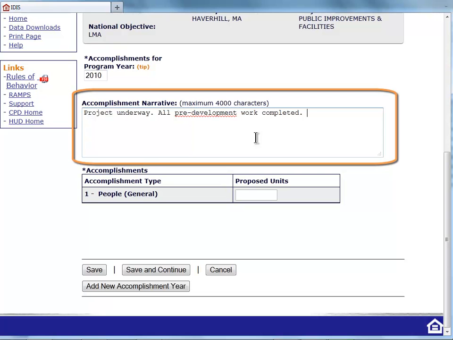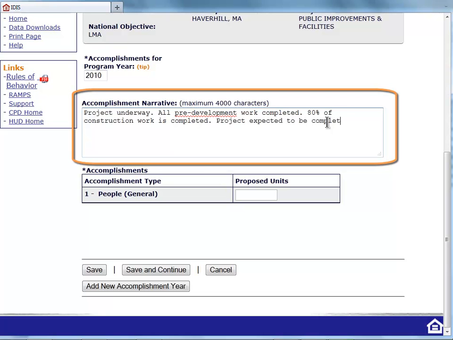In general, you can use the narrative to tell the story behind the numbers that are provided in the other fields. You can use the narrative to better describe the benefits and outcomes of the funded program. You can also use the narrative to provide details on stalled and canceled activities. Or if the activity has made progress, but you do not have any numbers to report, such as in this